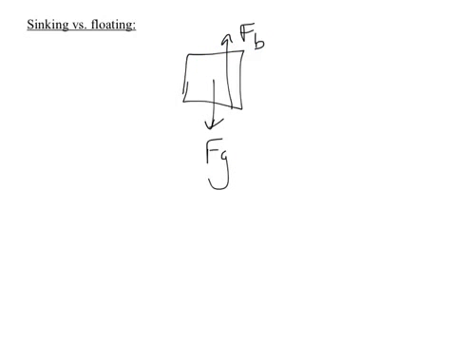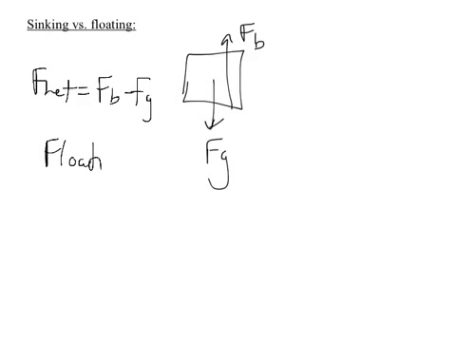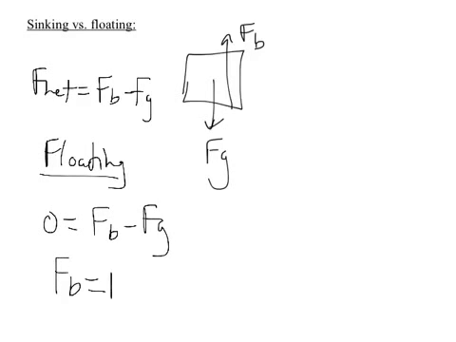So what we can say is this: F net equals FB minus FG. Now, when it's floating, there's a balance, so there is no F net. And this tells us that the force of buoyancy equals the force of gravity, and that is absolutely true when it's floating. But when it's sinking,